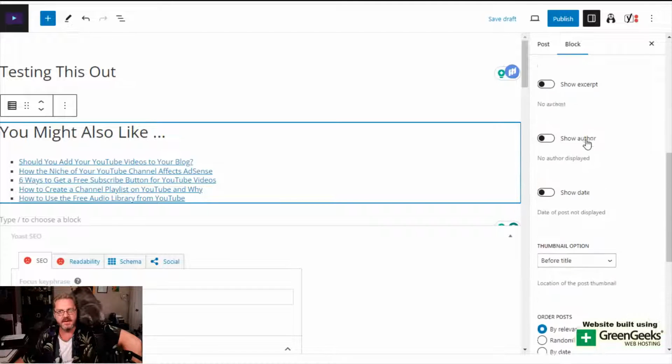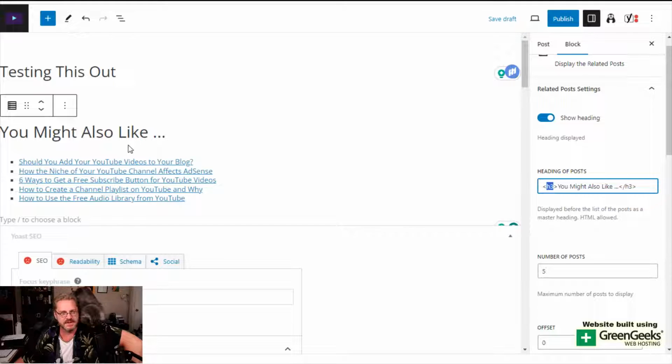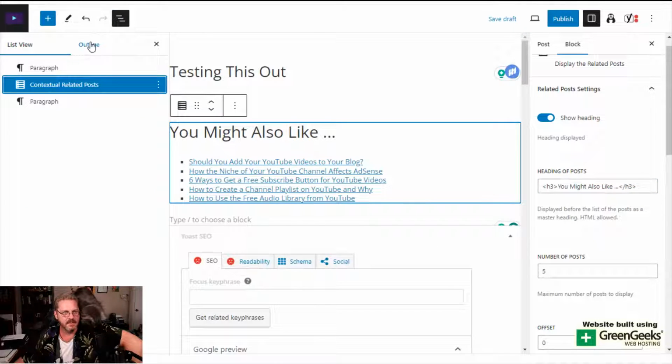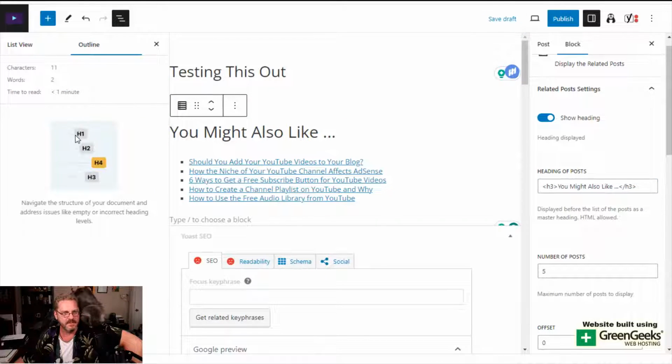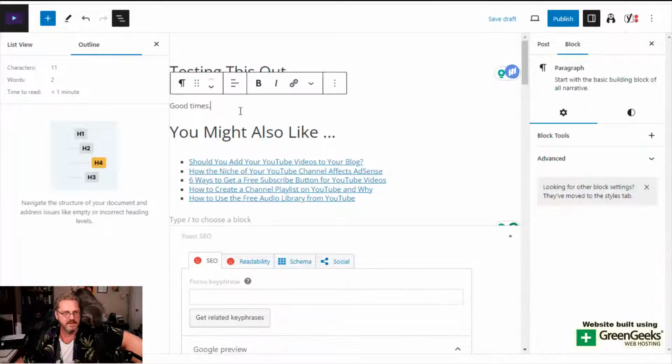Now, if we go back up, we can see that it's using the H3 header, which is fine. Because when we look at the title, H1, it's not even showing. How weird. I wonder why it doesn't show it. It doesn't show it on WriterSanctuary either. Normally when you create a header, it'll show it in the list. So like if we did